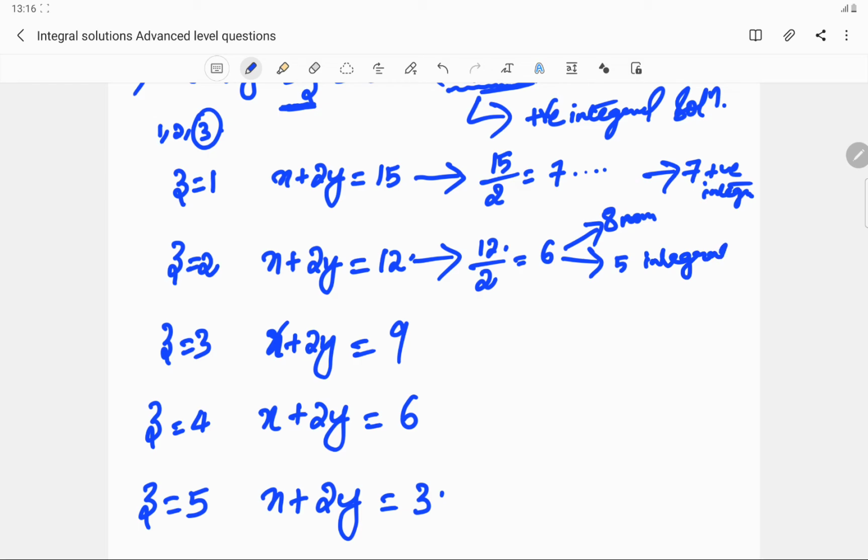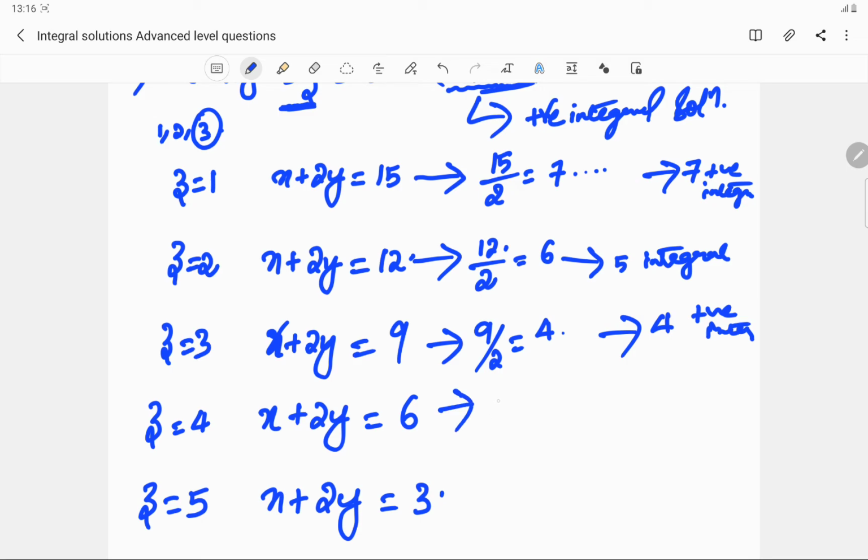Now in this case we are only concerned with integral solutions, so let us remove this 8 non-negative integral solutions for the time being. Now in this equation, this is again 9 divided by 2, which we are going to get 4 point something, so there will be 4 positive integral solutions, and here it is again 6 divided by 2, so we are getting 3 here. 3 means there are 2 positive integral solutions,